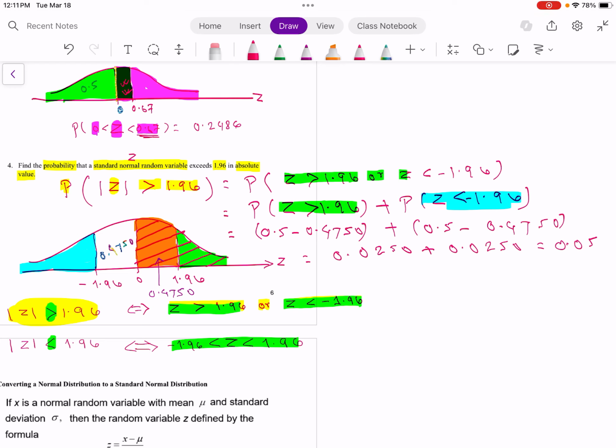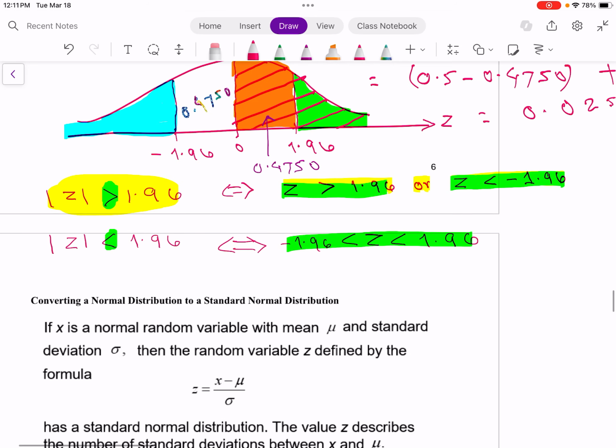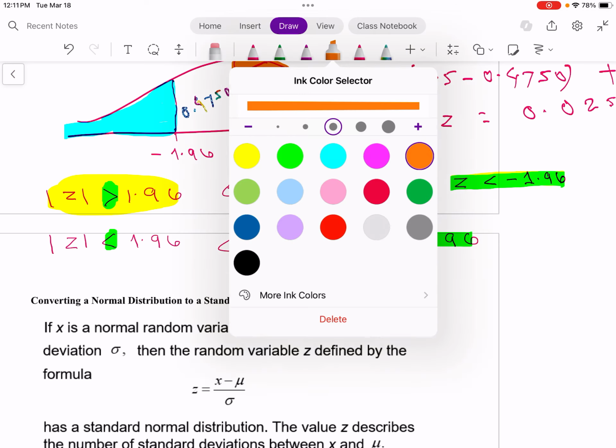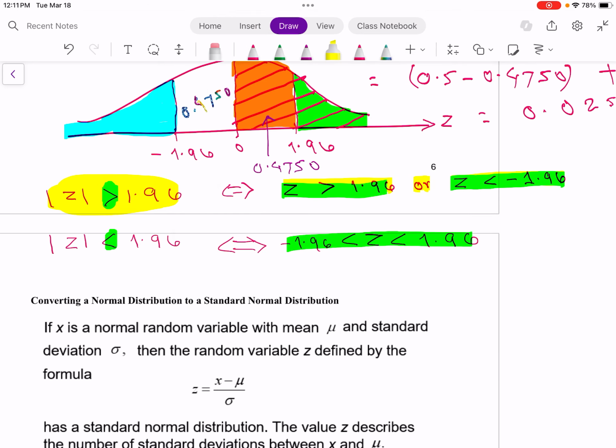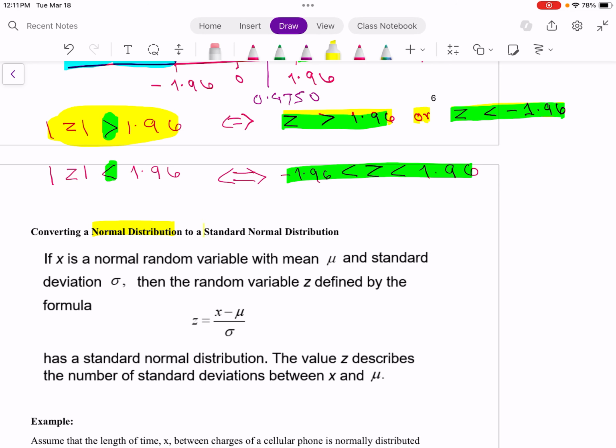Okay, now let's go to the next one. Now if we have our normal distribution, every time keep in mind that we can use our G table only when we have a standard normal distribution, okay? If you have a normal distribution, we can't use this G table. We must have a standard normal distribution, okay? So now if we are given a normal distribution, then we can convert that normal distribution to a standard normal